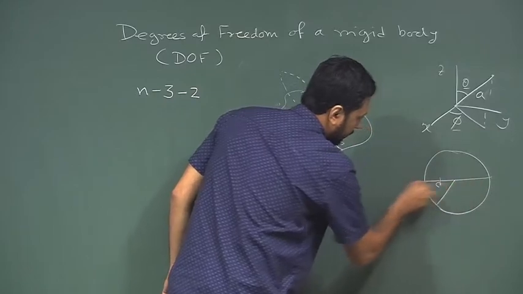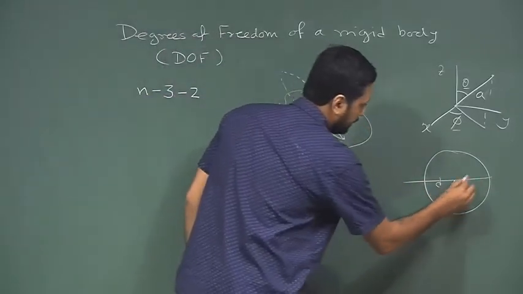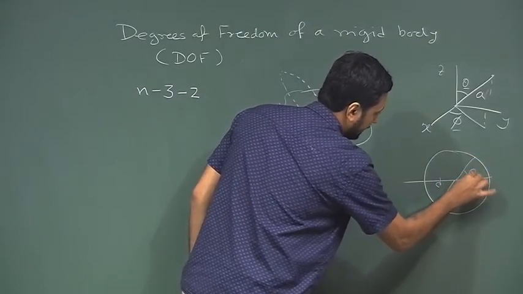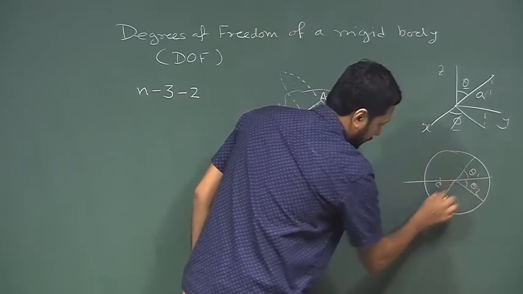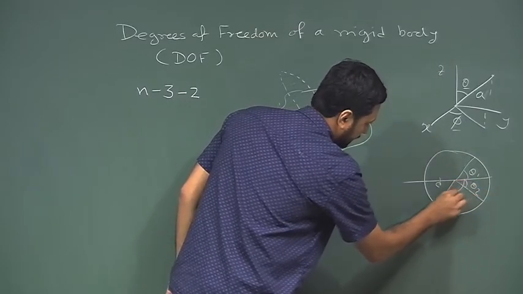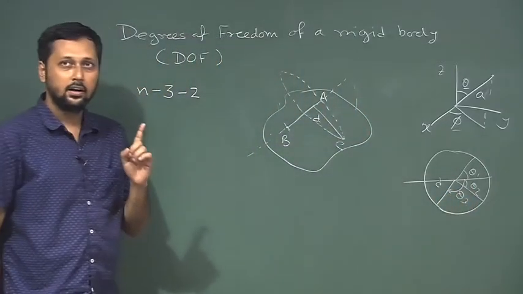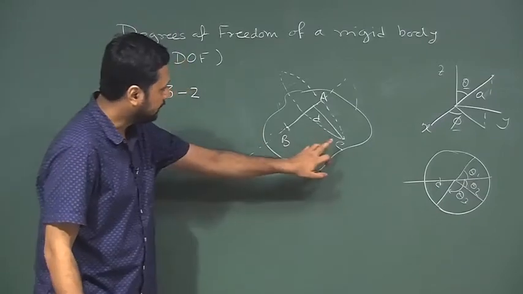How many coordinates do we need to specify its position at any instantaneous location? Let us say here or here, we just need one parameter, that is theta. This is theta 1 for this one, theta 2 for this position, theta 3 for this one. So, one parameter is sufficient to specify the